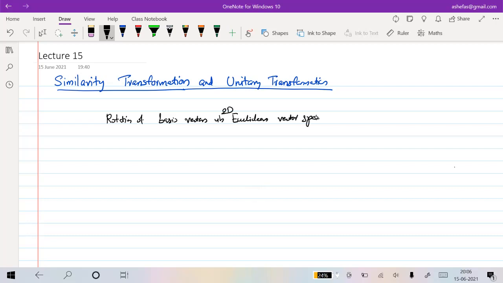Better we take a two-dimensional Euclidean vector space. So consider an example. Suppose you have a two-dimensional vector space with basis i cap, j cap, and suppose we have some vector here,